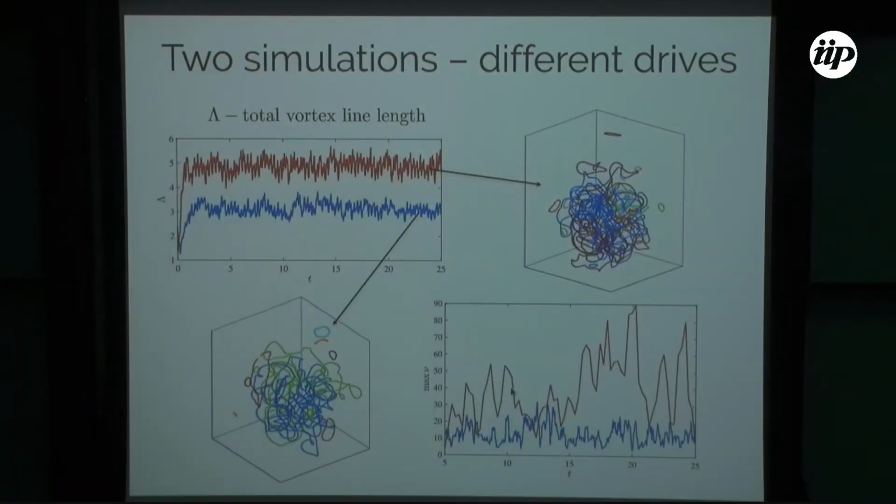And again, what we can plot as a function of time is the degree of the largest Alexander polynomial. We see that this is dependent on the drive, as one might expect. So as the tangle density increases, it becomes more complex. Once we can quantify this Alexander polynomial,